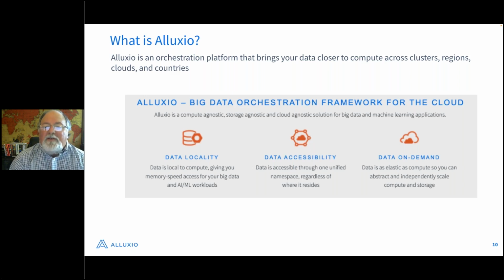It promotes better data accessibility because now you've got a single place to go to get to the data, whether the data is in on-prem storage or in cloud storage. That data can be accessed from one place from user workloads. In fact, in some places, when we employ a unified namespace environment, the end user may not even know that data is coming from both Google Cloud Storage and Amazon S3 buckets at the same time. So data accessibility is vastly improved with Alluxio. And then we support, getting back to that self-service goal, making data on demand for ML applications, analytics, and traditional applications.